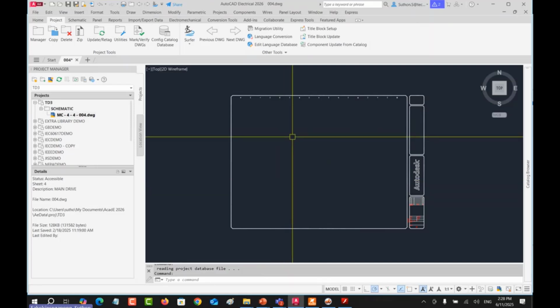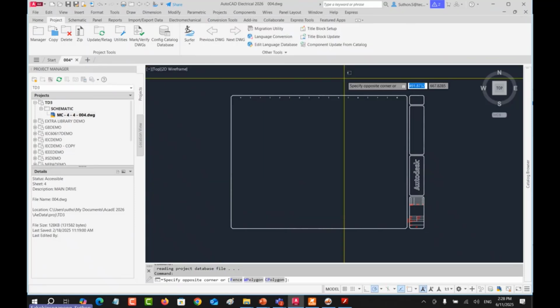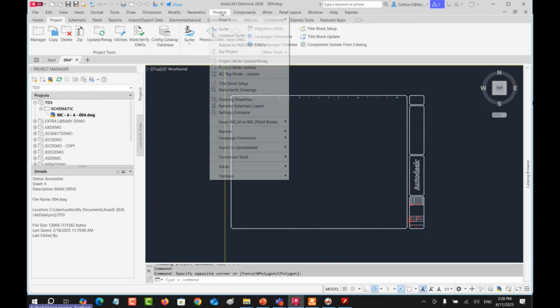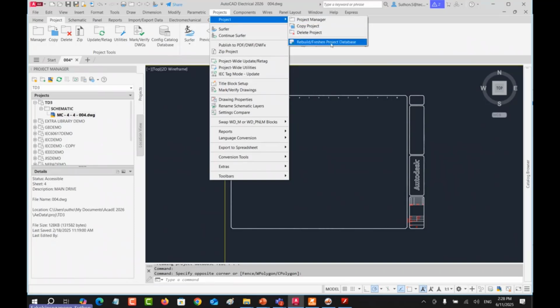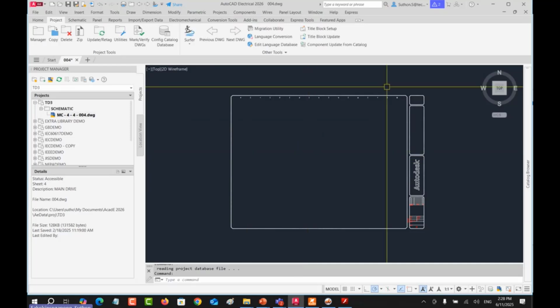You have to be careful of this. Why? Because if you don't use this rebuild project database, maybe it gets messy in the background and you don't know, right? Maybe sometimes the tag is not right because you didn't rebuild the database yet. That's the key. And this command you can use frequently, anytime, without affecting anything existing on your drawing. So you don't have to worry about using this command. You can use it whenever you want, as you wish.